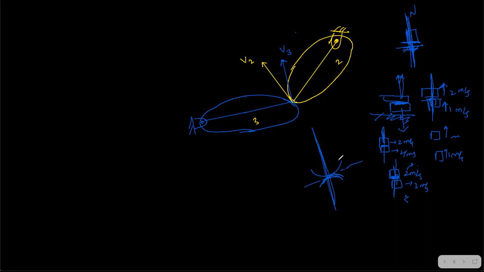So I say that in higher pairs, along the common normal, there cannot be any difference in velocity or motion. If there is a difference, the connection is lost. But along the common tangent, can there be a difference? Yes, along the common tangent, if there is a difference, it will just slip. That's what we call slipping. Slipping is along the common tangent. But along the common normal, you cannot have different velocities. If the velocities are different, either they will be separated or they will collide into each other.